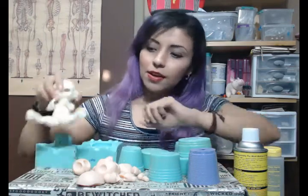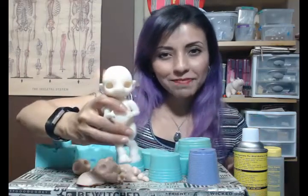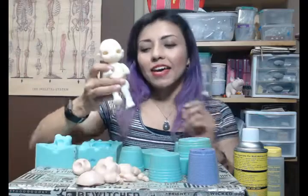We made a character ball jointed doll in paper clay in a previous class, and guess what? Now in this class we are going to be learning how to make molds and a resin cast from a doll. Here is the doll we were working on, our beloved Pepita,